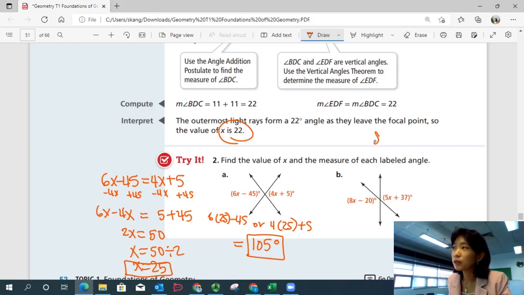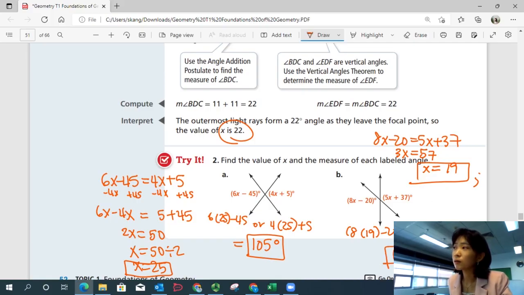So setting up the equation 8x minus 20 is equal to 5x plus 37. You do the same thing. Subtract 5x on both sides, you get 3x. Add 20 on both sides, you get 57. And x is 57 divided by 3, you get 19. So x is 19 is your first answer. If you plug 19 into your equation, 8 times 19 minus 20, or 5 times 19 plus 37 will give you